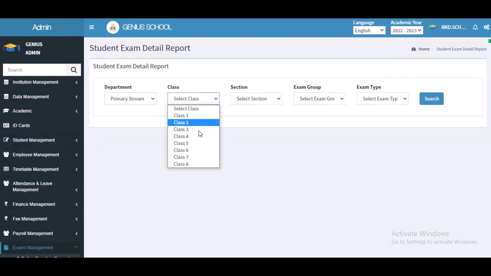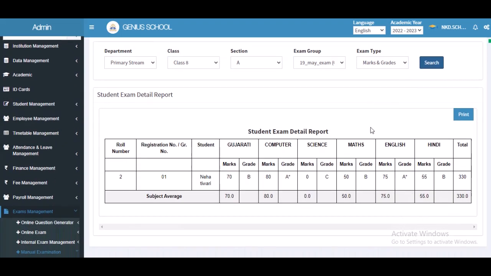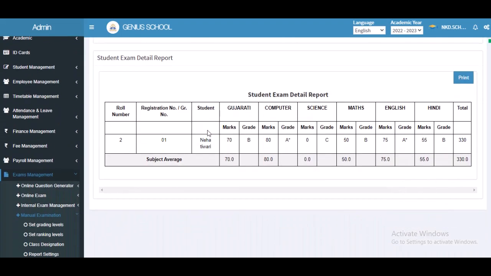Under the student marks details report section, select department. Select class. Select section. Select exam group. Select exam type and then click on the search button. As you click on the search button, you get a detailed student marks details report in data view as well